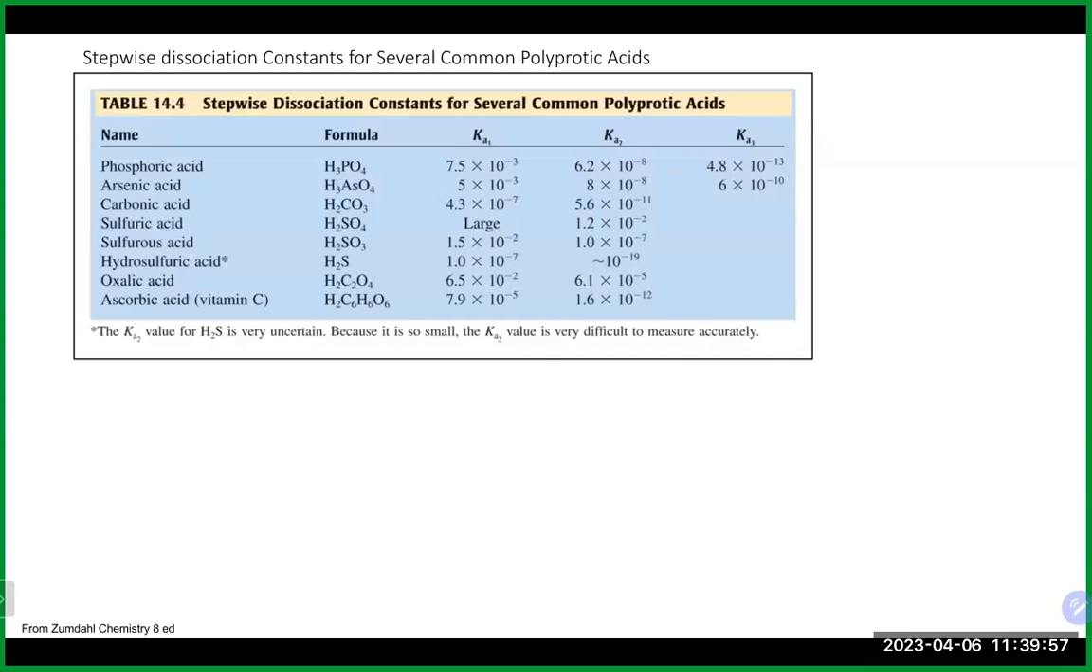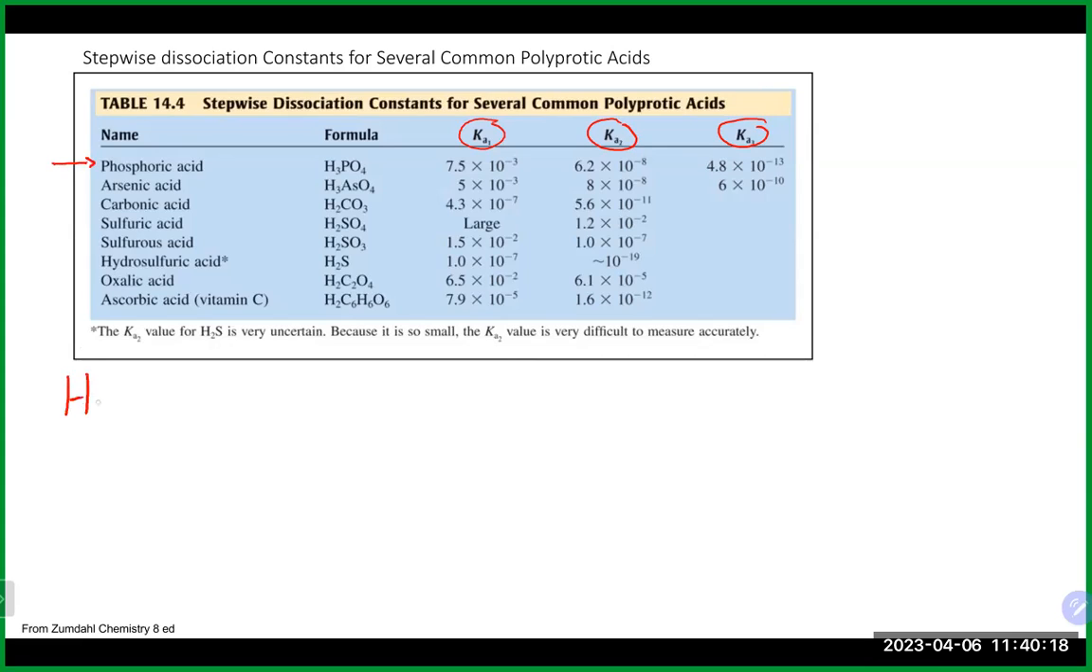And again, each of these K values that we see here in the table represent basically 1 hydrogen coming off at a time. The first K value is for the first hydrogen, the second K value for the second hydrogen, and the third K value there is for the third hydrogen, if there is one. So if we took phosphoric acid, for example,